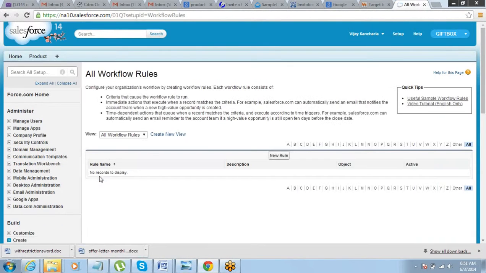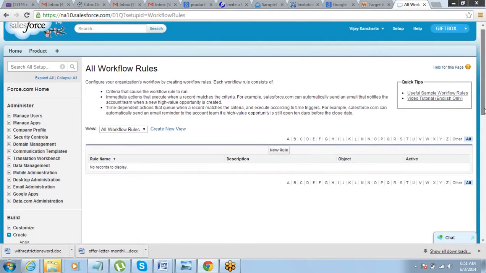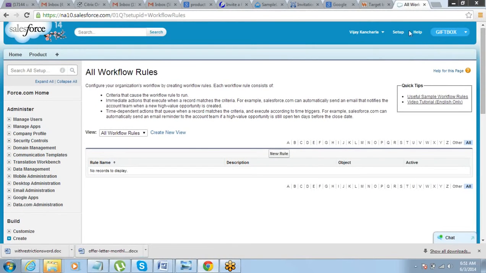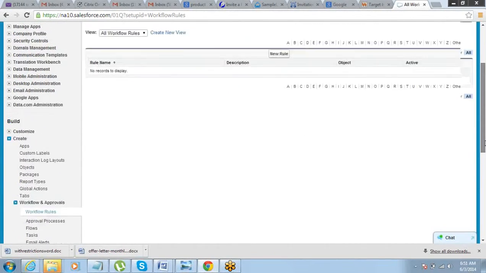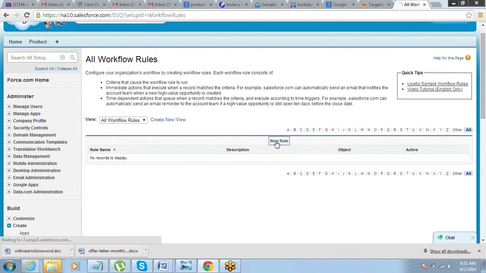Click on continue. Just skip this step. New rule. So a new rule we have to define. So I will just tell you how to come to this screen again. Go to setup, create, workflow and approvals. Click on workflow rules. Go and click on new rule.